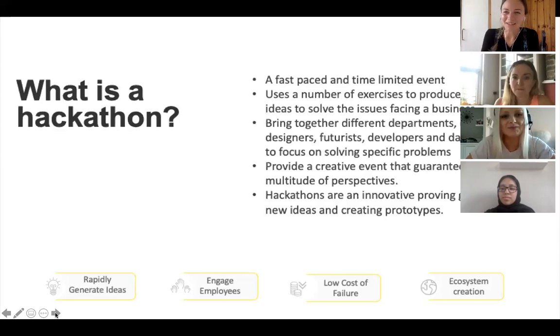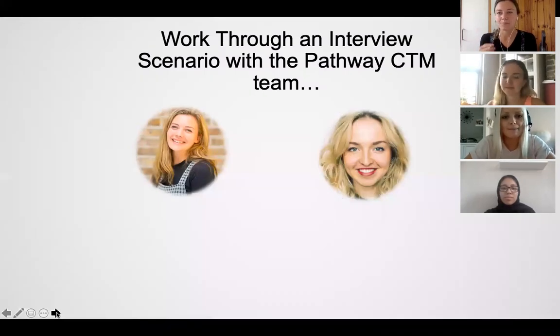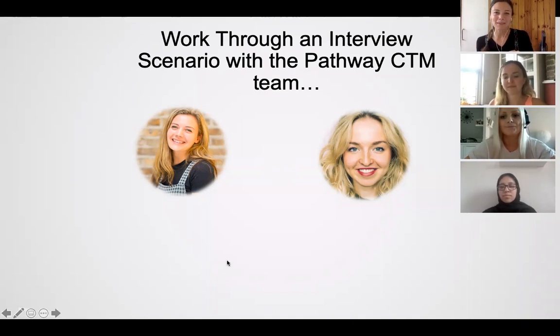Yeah, I absolutely thought the same when I saw this example, actually. So without wasting any more time explaining again how the breakout rooms work, you will completely understand it, students. You'll just get a notification in 1 second when I open the breakout rooms. You'll see myself and Lucy in one room, and you'll see Catherine and Monty from Pathway CTM in the other room. So without further ado, I'm not going to explain. You'll get a notification now from me pushing you into a breakout room. All you have to do is accept that, and then we will work through the task. And just like Lucy said, we'll both be doing the same task, the 2 different groups, but we're going to be doing it separately and then feeding back together at the end.